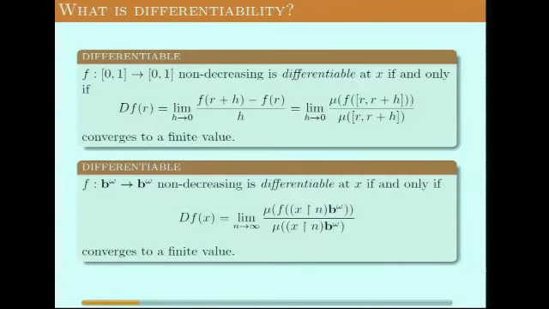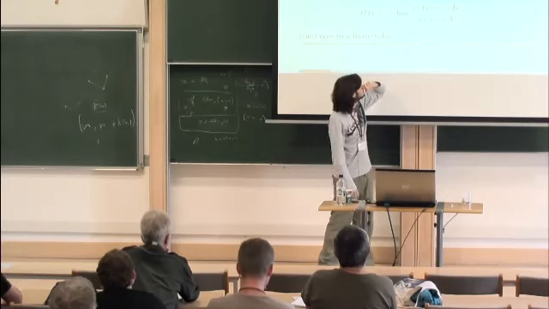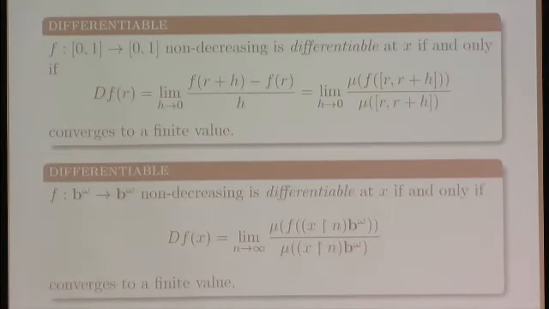Since we only care about non-decreasing functions, we try to generalize the second expression to sequences. We take increasingly smaller intervals close to x, where x is a sequence. What we compare is the measure of the image of the function on all possible sequences that start with the same n digits as x, with the size of that set, which is b to the minus n. This is the first n digits of x, and then anything, and the image of f on that set.